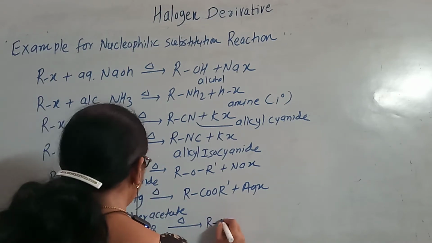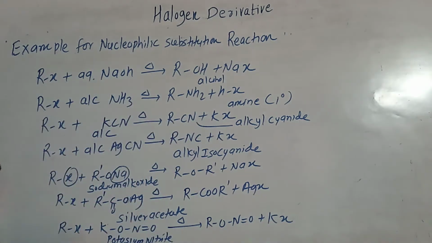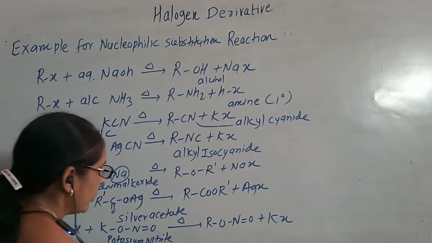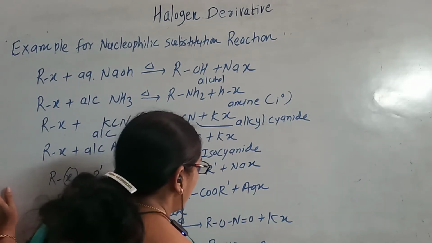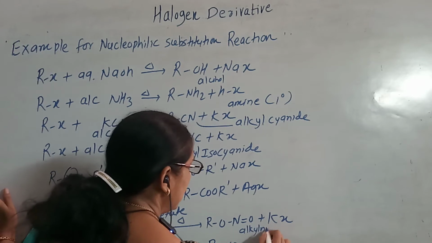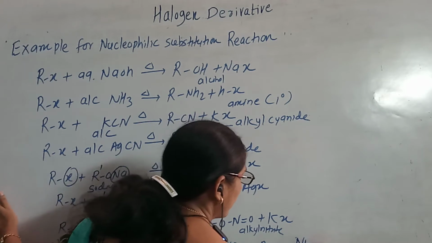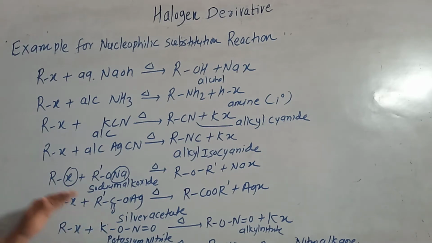Alkyl halide is reacted with potassium nitrite or silver nitrite. Look here, in this case you get a product as a nitroalkane. We are discussing the various reactions here. You get an alkyl nitrite. Here you get nitro, I write here, nitroalkane. So these are the various types of substitution reaction that alkyl halide can show.